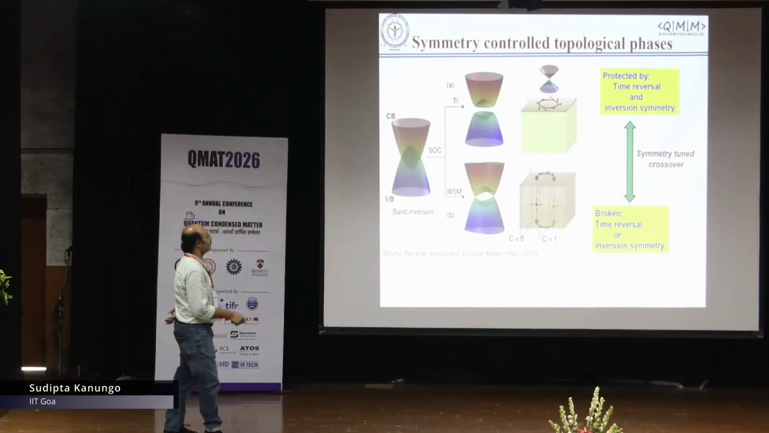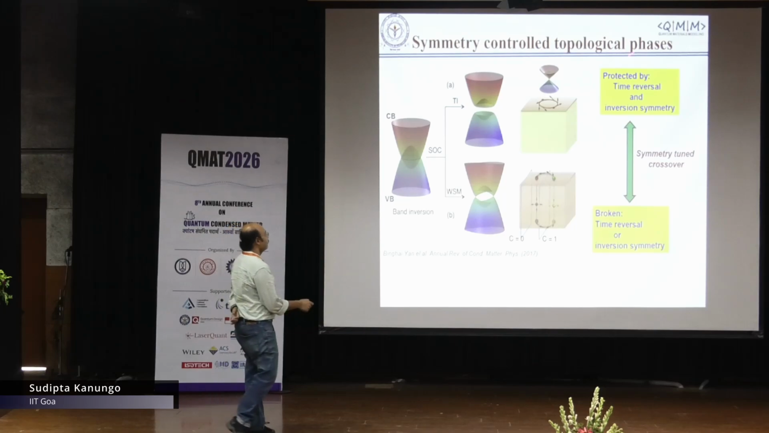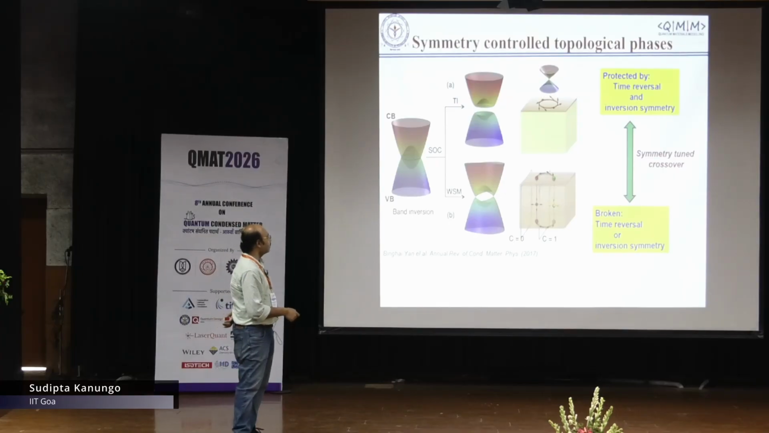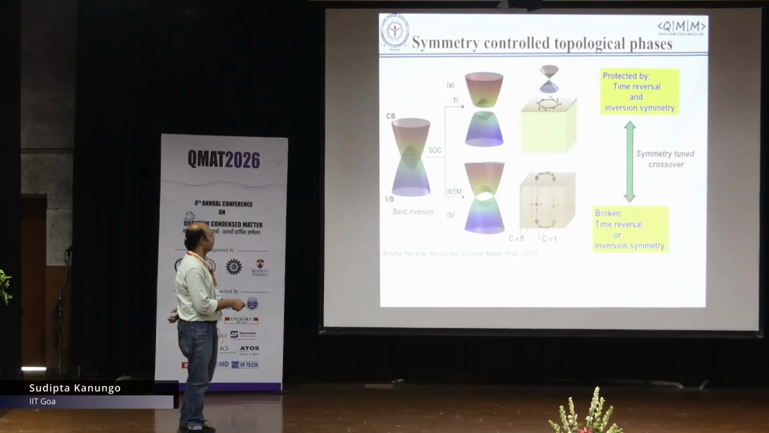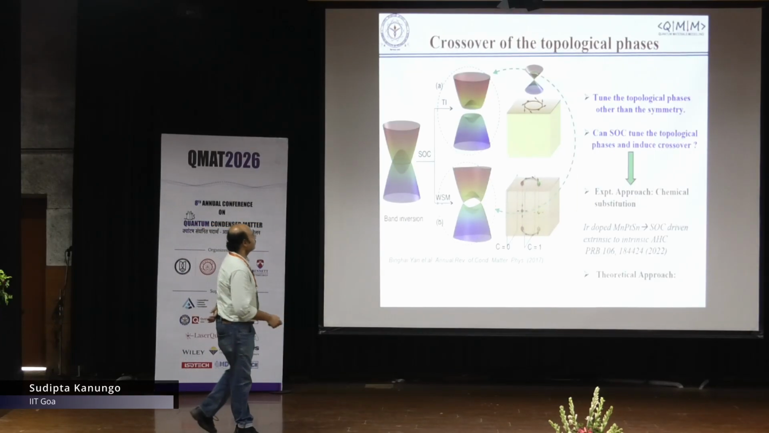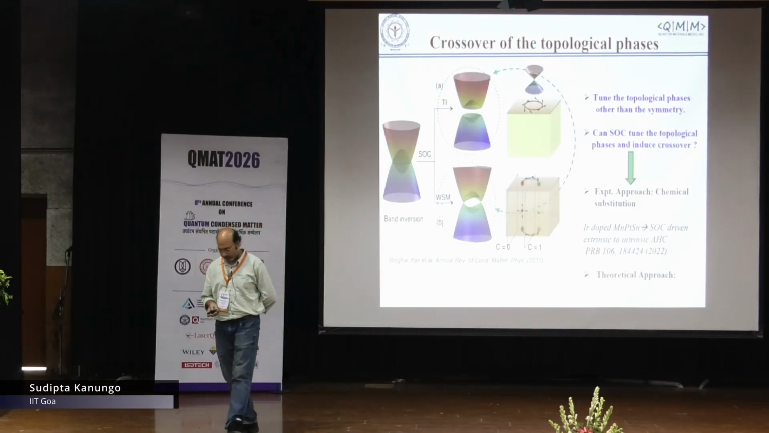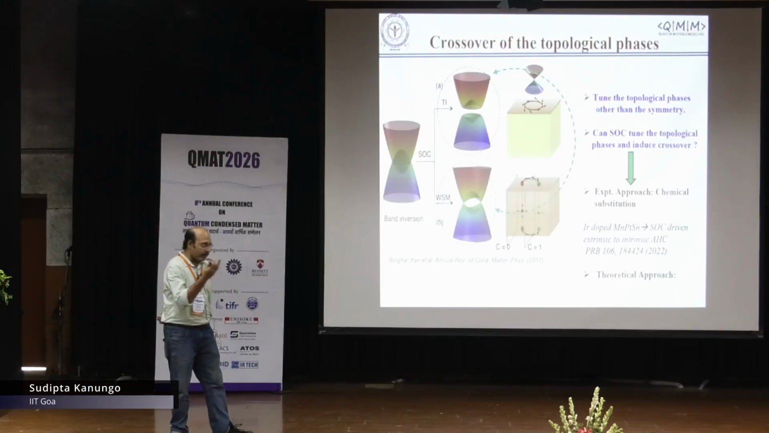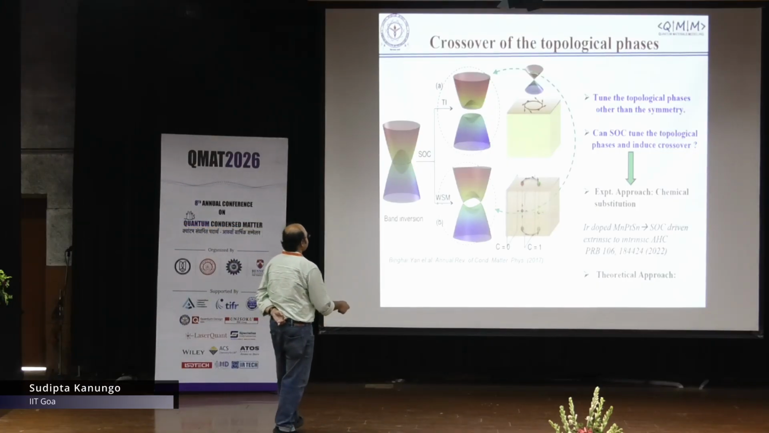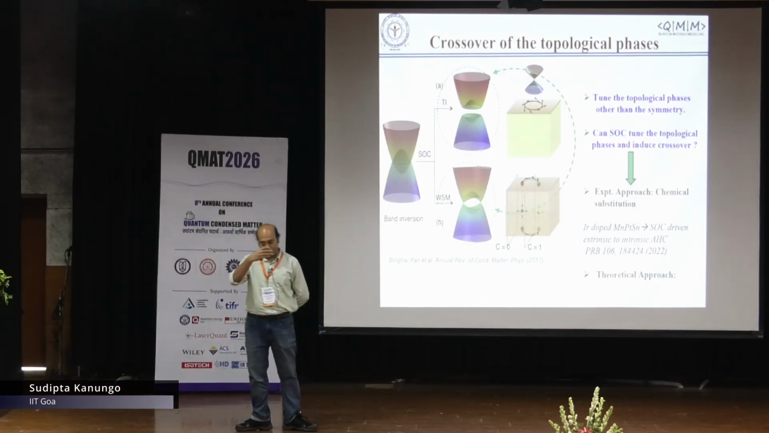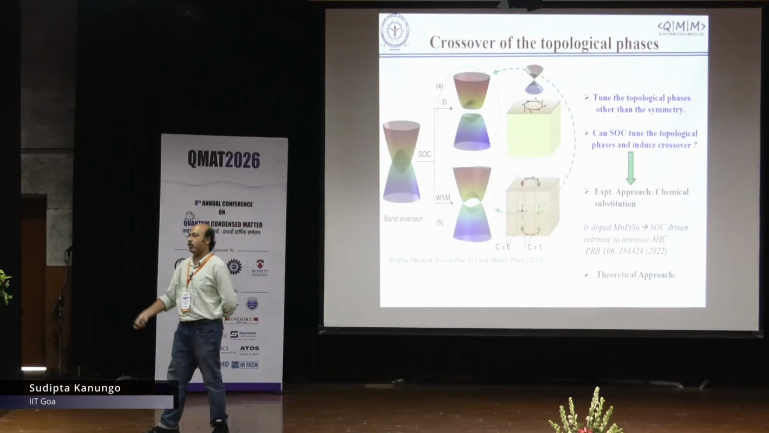And all these things are basically symmetry tuned, where the topological insulator is protected by time reversal and inversion, whereas in a Weyl semi-metal time reversal or inversion symmetry is broken. So technically it is a symmetry tuned crossover from this state to this state. Can we do this kind of transition by tuning the spin orbit coupling strength? Experimentally, how can one realize that? Suppose I dope the system from a small spin orbit element to a large spin orbit element,